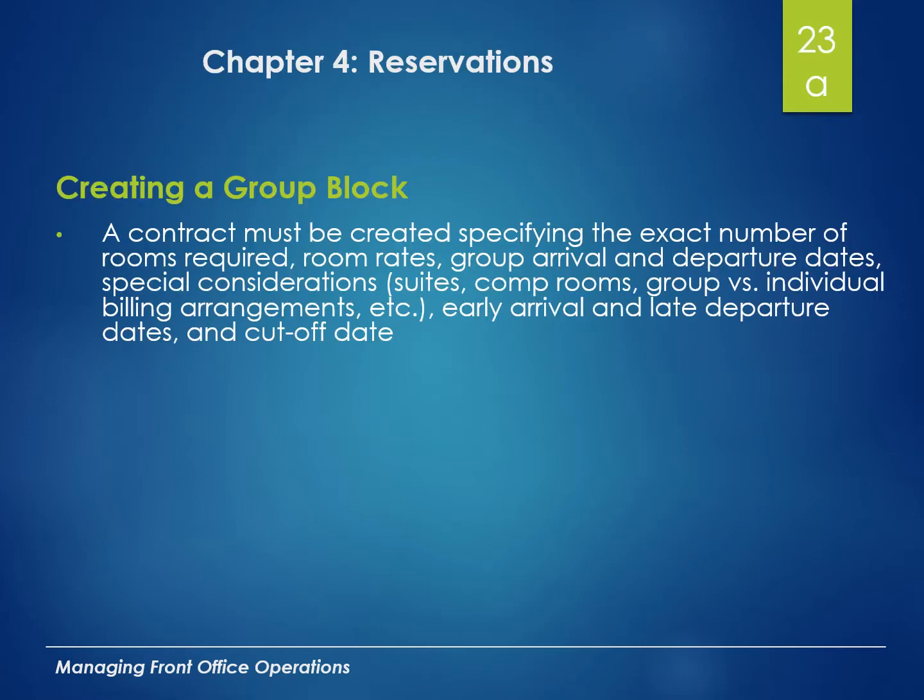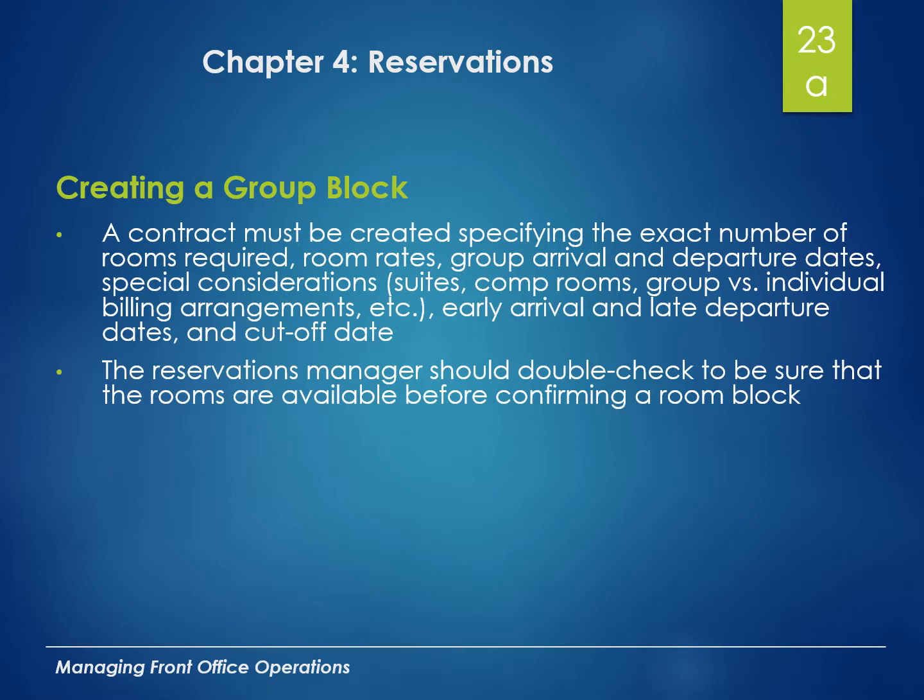So, creating a room block. We want to make sure that before we even create that room block, those rooms are available for that time period. And that goes back to communicating with the reservation manager, the revenue manager, or possibly even the GM, depending on the size of the hotel and the scope of the sales office. A lot of times hotel leadership will have weekly or every other week meetings to make sure that we are keeping up with all of these different allocations and that they are current and up to date.